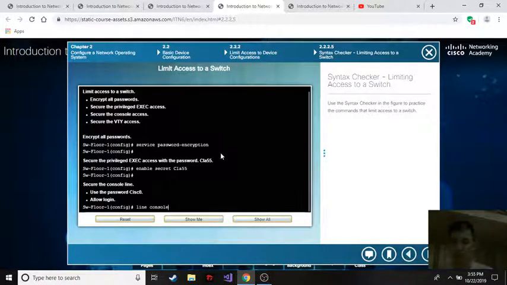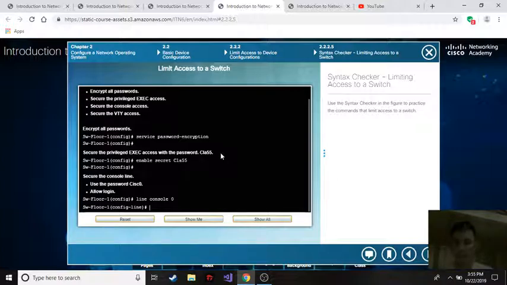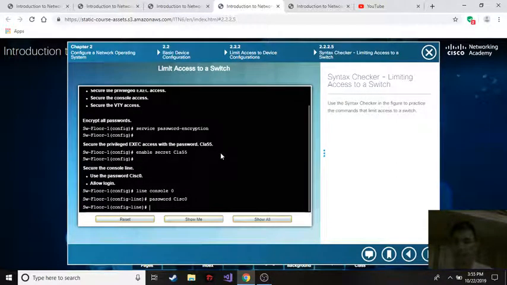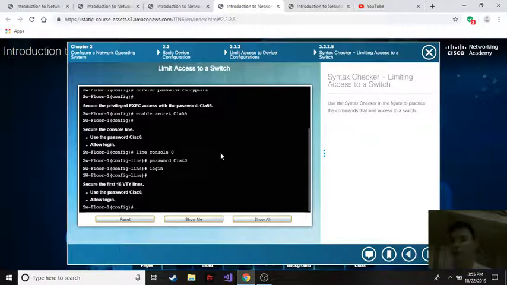line console 0, and then the password that we want. The password requirement here is Cisco, with the end 0, and then we need to allow the login. The login command serves the purpose of allowing login. So we are done securing the console line by encrypting a password Cisco, and the next thing that we